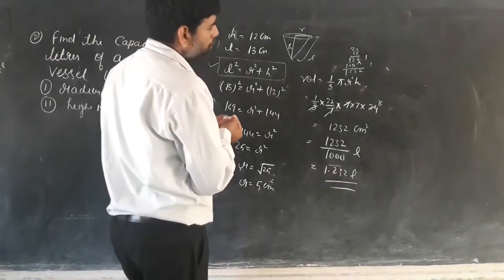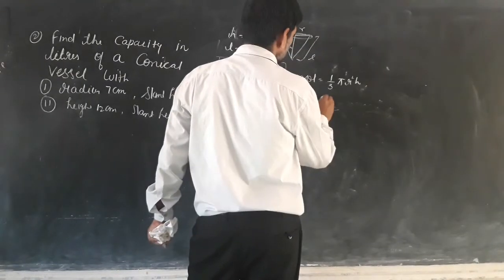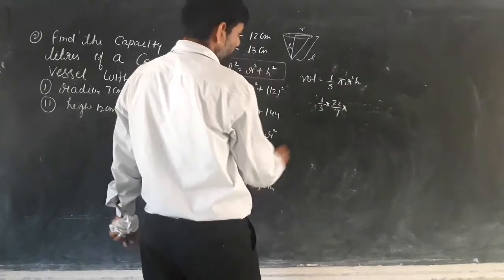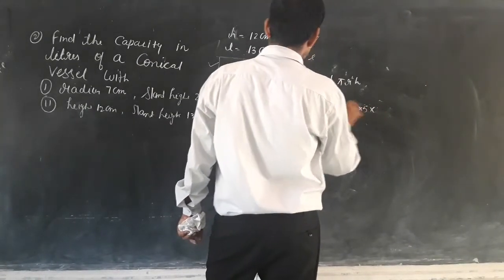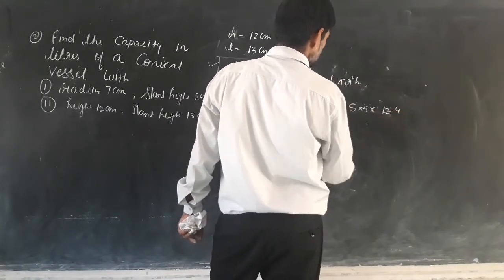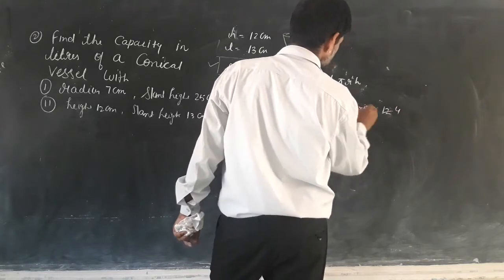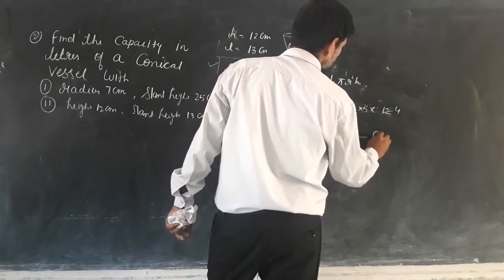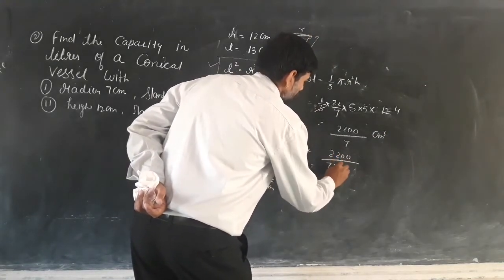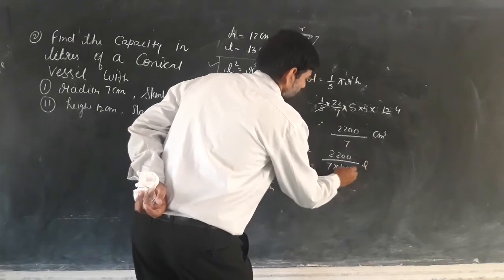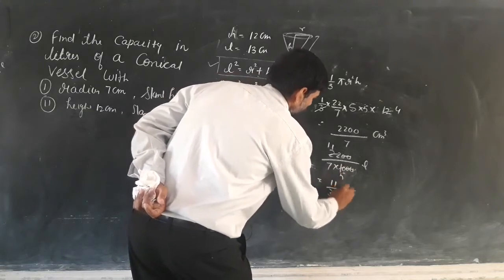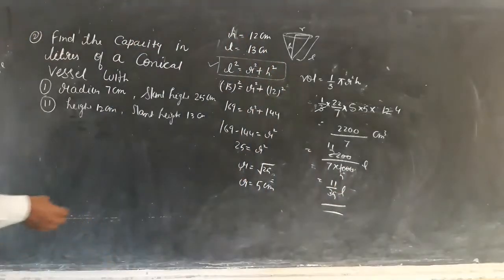Now I will find the volume. Same formula. Volume of cone is equal to 1 by 3 pi r square h, and radius is equal to 5, 5 into 5, and height of the cone is equal to 12. 3 fours are 12. So 2200 upon 7 centimeter cube. Centimeter cube converted to meter: 2200 upon 7 into 1000 meter. Cancel the zeros, 2 ones are 2, 2 fives are 10, so 11 upon 35 meter. Look here, okay.